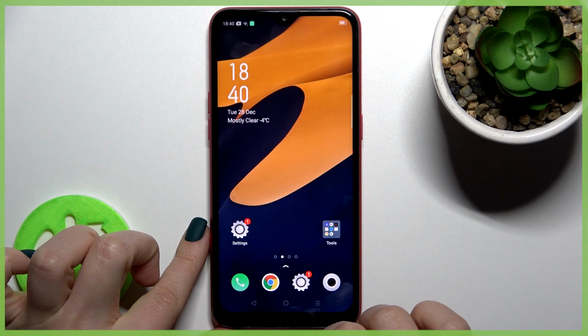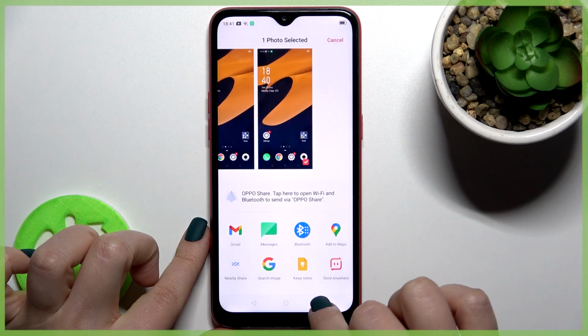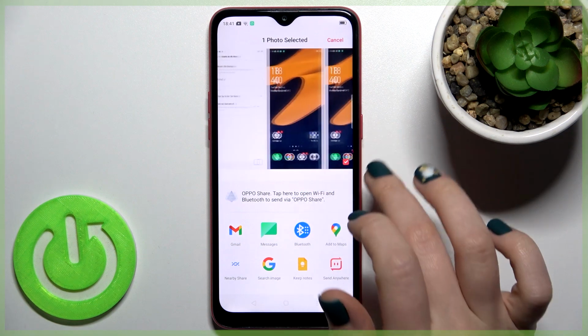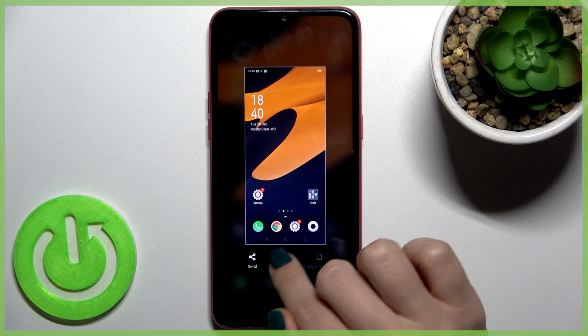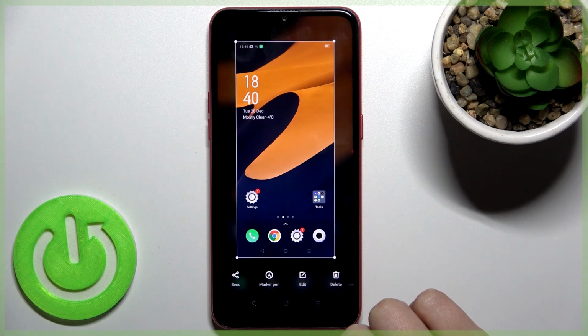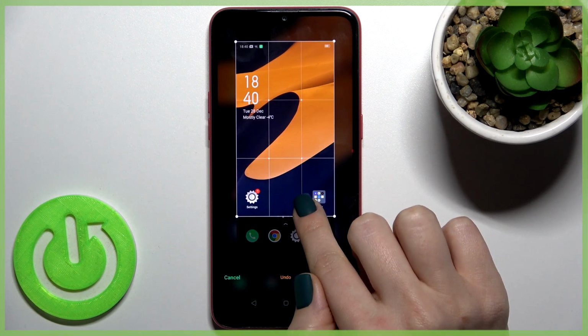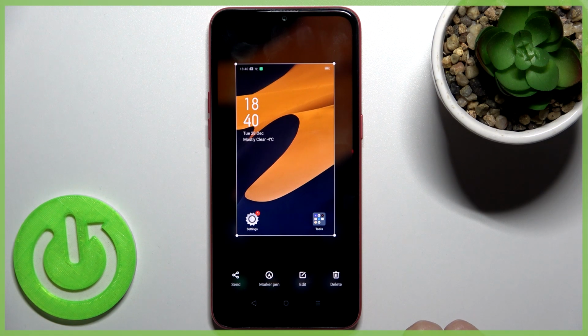You can send this screenshot to someone. Just tap there, and as you can see, we can send your screenshot by Gmail or in other options. Also, you can cancel this option, and now we can just tap here to edit. We can just change the size of our screen if you want, and for example, now just tap done,